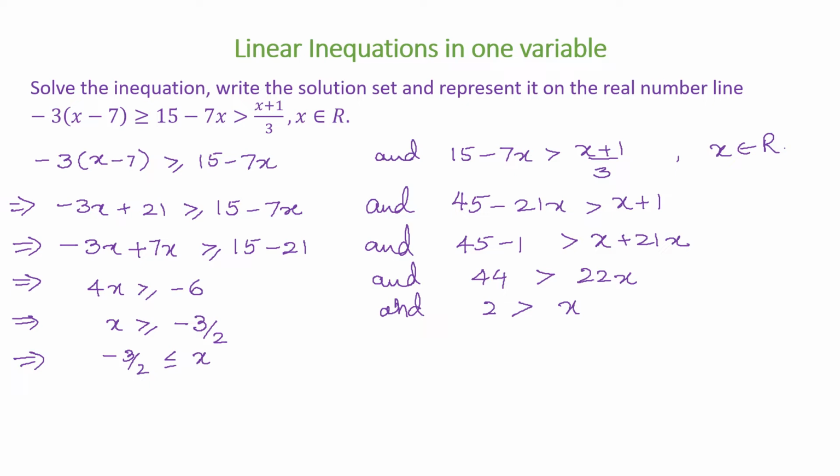When I combine the two of them, from 1 and 2, I will get minus 3 by 2 is less than or equal to x is less than 2, and remember that x is belonging to R, and therefore my solution set will be